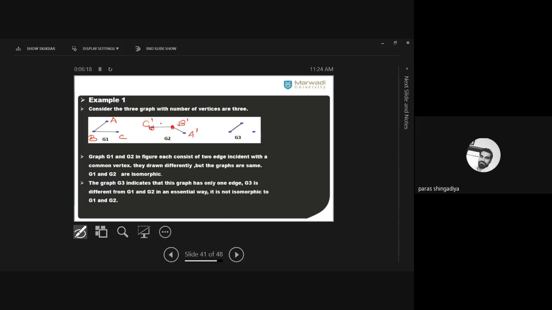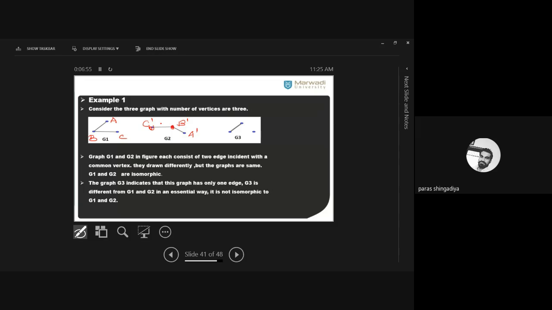How about the edges? There is an edge between A and B in the first graph. There should also be an edge between A dash and B dash in the second graph. Here there is an edge between B and C in the first graph, so an edge should be there between B dash and C dash. Okay, that is a one-to-one correspondence of the edges. And for the vertices, A dash is also adjacent to B dash, and the degree is 1, so that should also match. And B dash is adjacent with C dash here, and here B is adjacent with C. Clear? So they are isomorphic graphs.